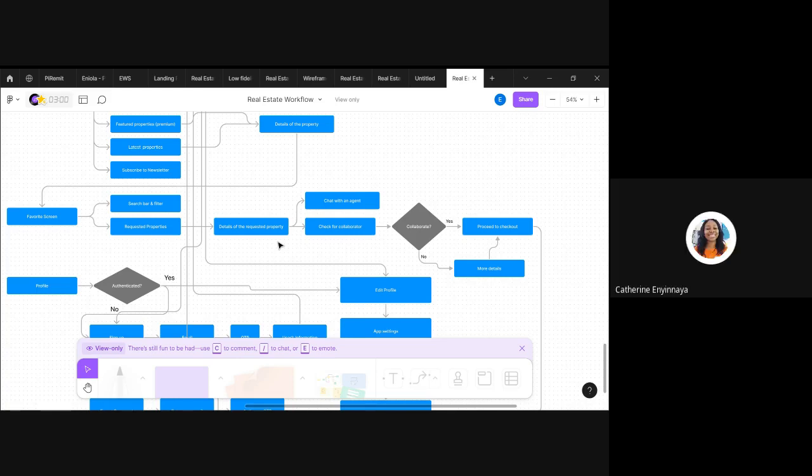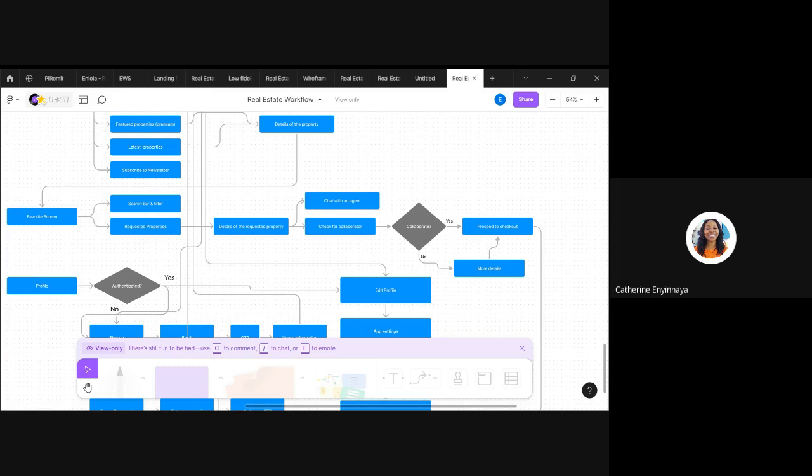From what I said before, from the ideation time after the grouping, if a user should connect with the community, the user should also have access to the agent in charge of the property. I remember that.